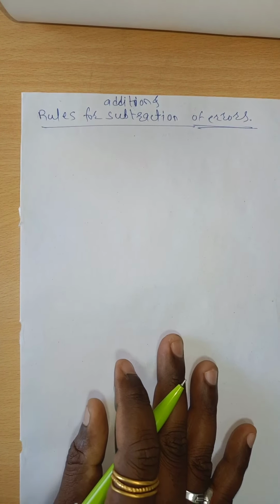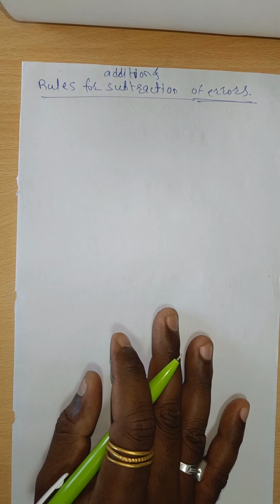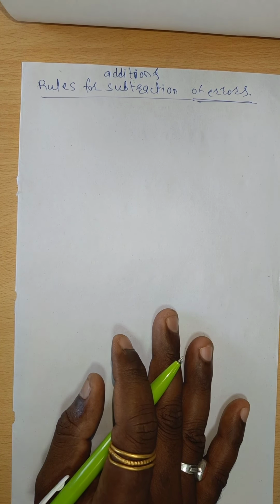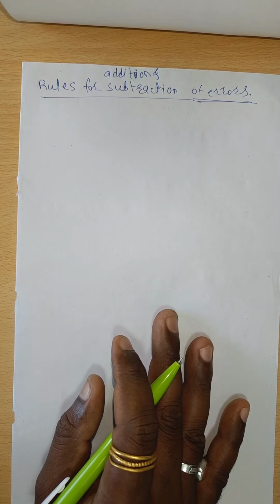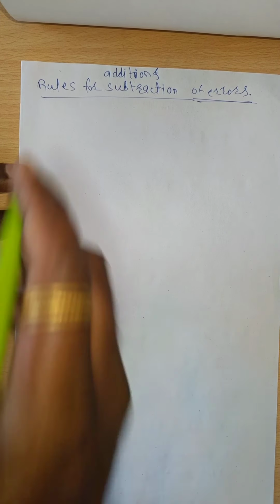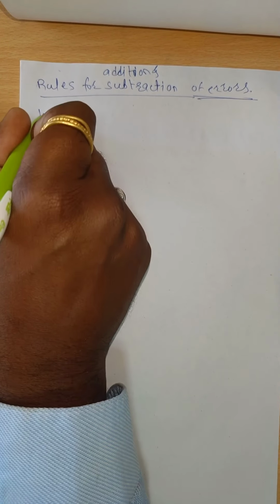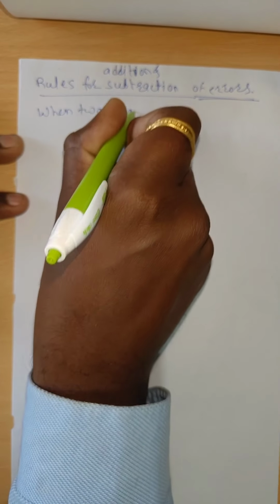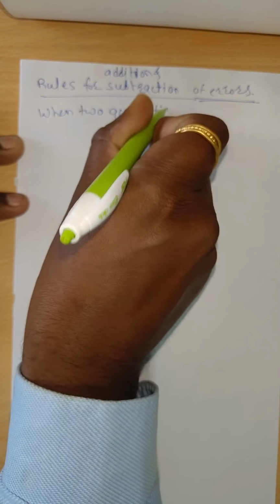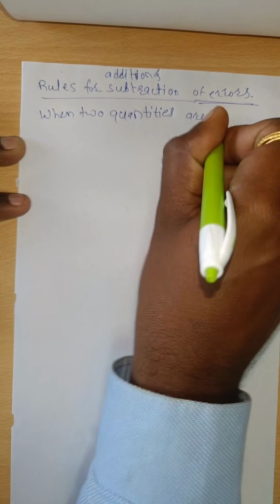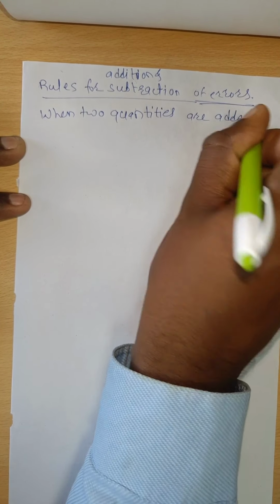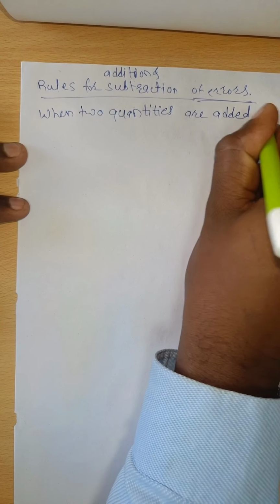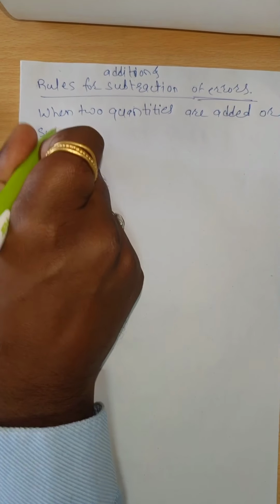While we have to add or take the difference of two physical quantities, what happens to the errors? The rule is that when two quantities are added or subtracted,